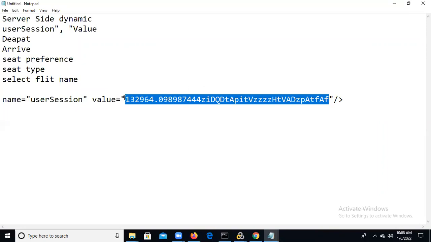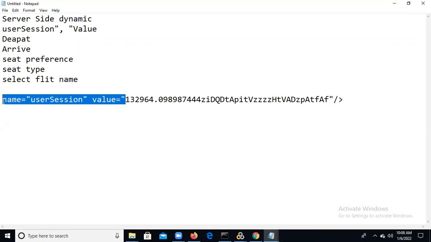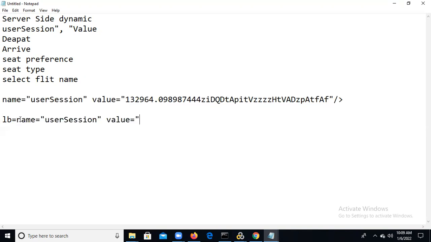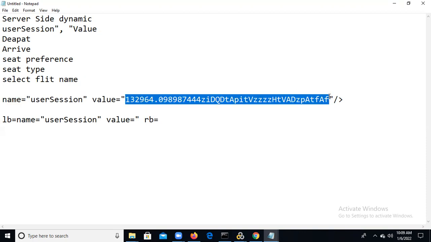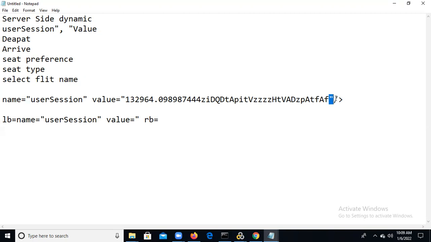You can observe this is the dynamic value. What is after this? This is the left text or left boundary. Just note down LB equal to, copy it and paste it. Next, RB equal to. This entire part is the dynamic value. After the dynamic value, after F, what is there? This will be the right boundary. Copy and paste it as the right boundary. So this is the second step.